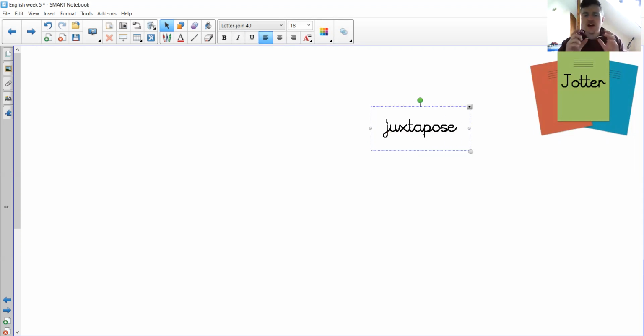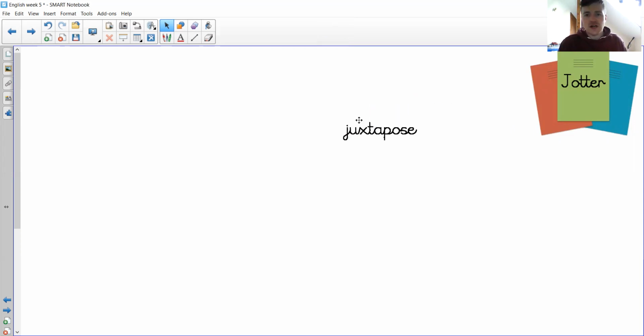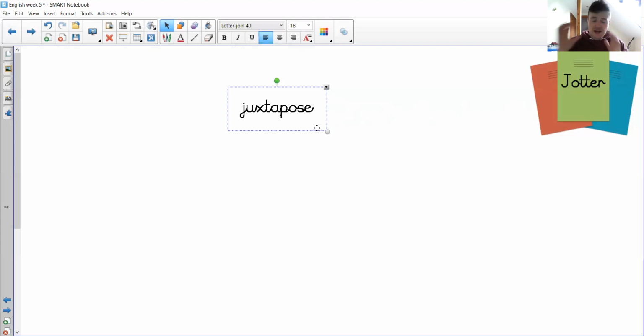Juxtapose. Have a go at saying that, juxtapose. Now, that word is screaming out to me, and I only learned this word when I was about 18, so that's about 3 years ago. So juxtapose is a word you would use if there are 2 things close to each other that are